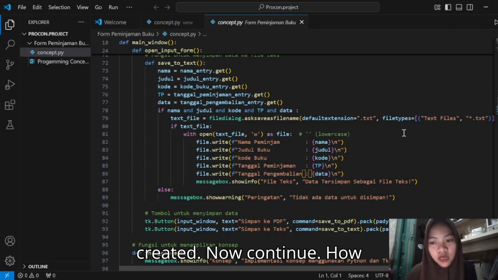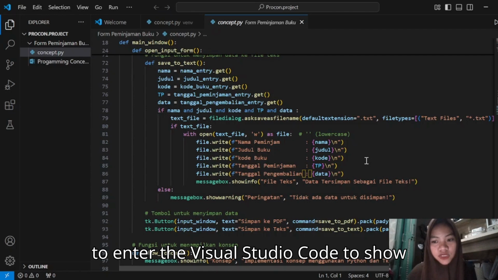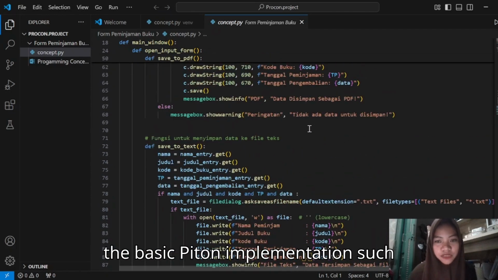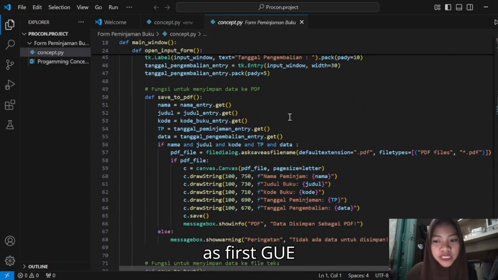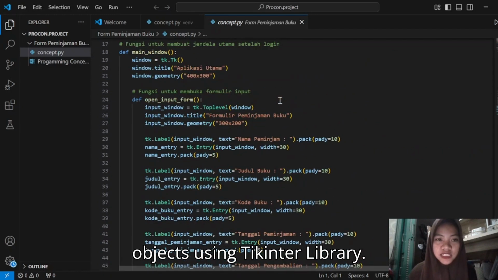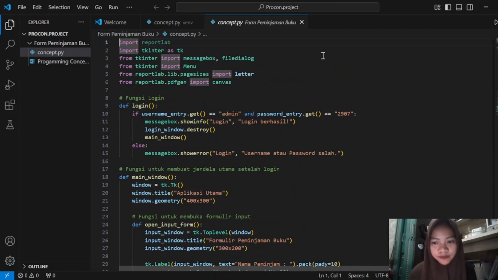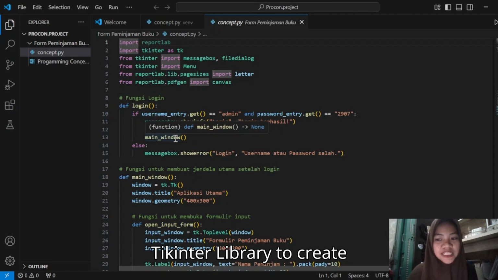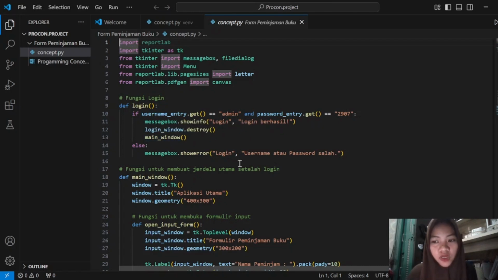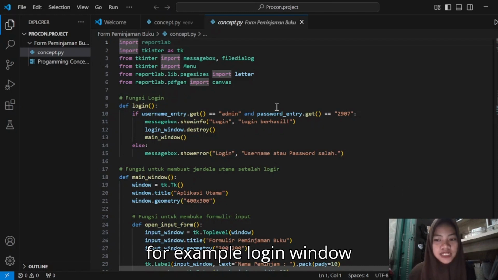Now we continue to Visual Studio Code to show the basic Python implementation, such as first, GUI objects using the Tkinter library. This code uses the Tkinter library to create GUI elements like windows, buttons, and labels.